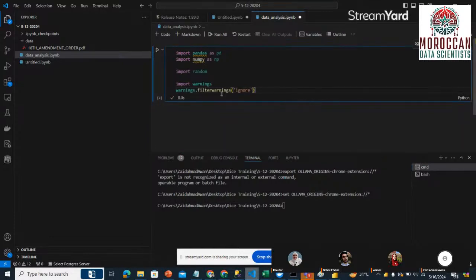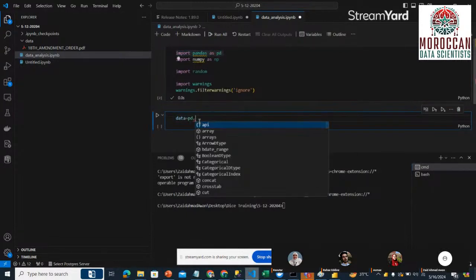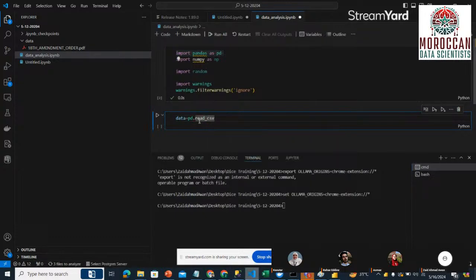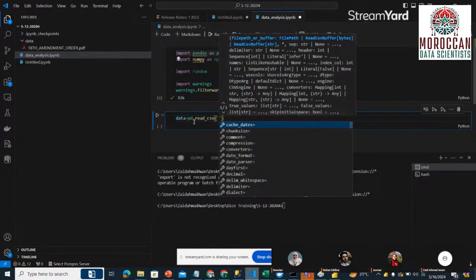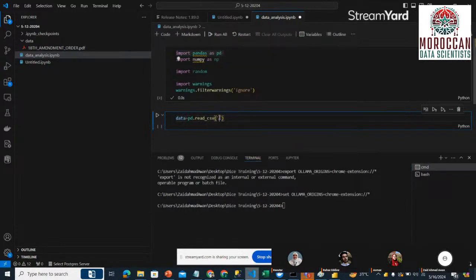Okay, so we have imported some packages, then we have to read the data, and we can read data by using this pandas library. Pandas is a library of Python which we can use to read different data sets in different formats like Excel, CSV, or tab separated. You can use pd.read_csv if you are going to read the CSV file. Otherwise, if you are going to read the Excel file, you can use pd.read_excel. Because we are going to read the CSV file, we'll be using pd.read_csv,